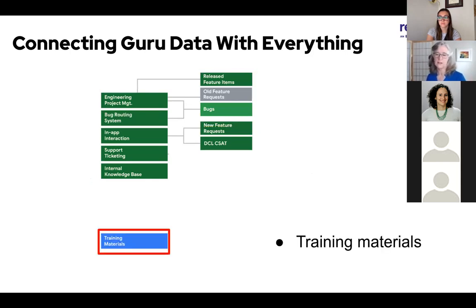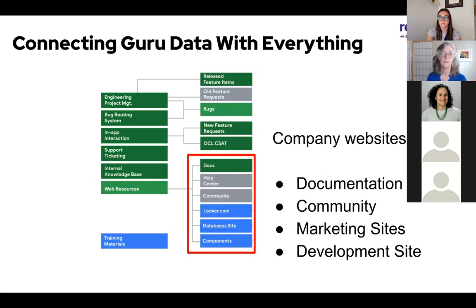We are working on our training materials. They're partly done. Web resources. So our documentation website is done. Help Center and Community are 2 that we are working on the mechanics for. And the bottom 3, the mechanics are worked out, and we're working on getting them live.